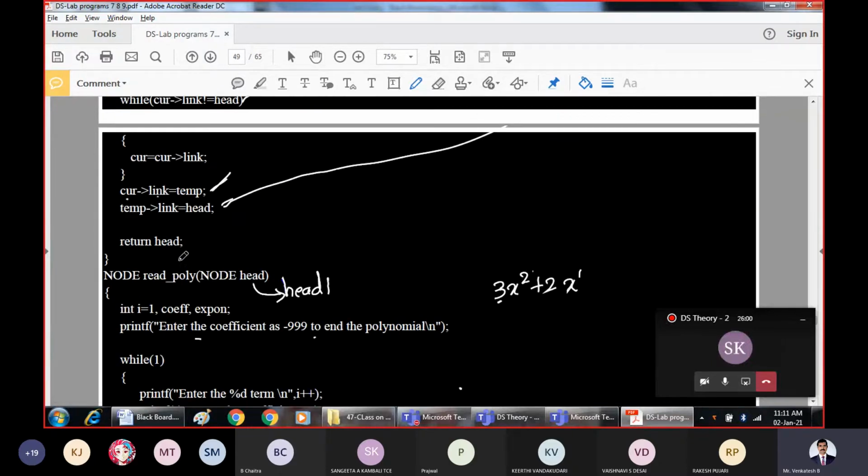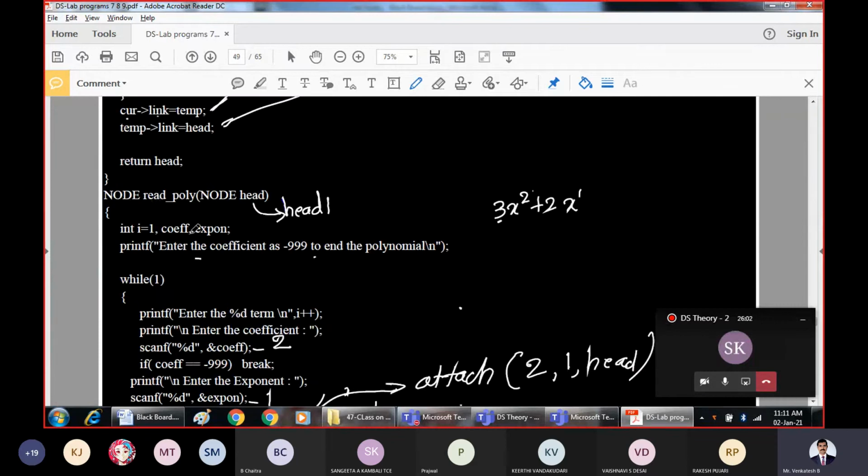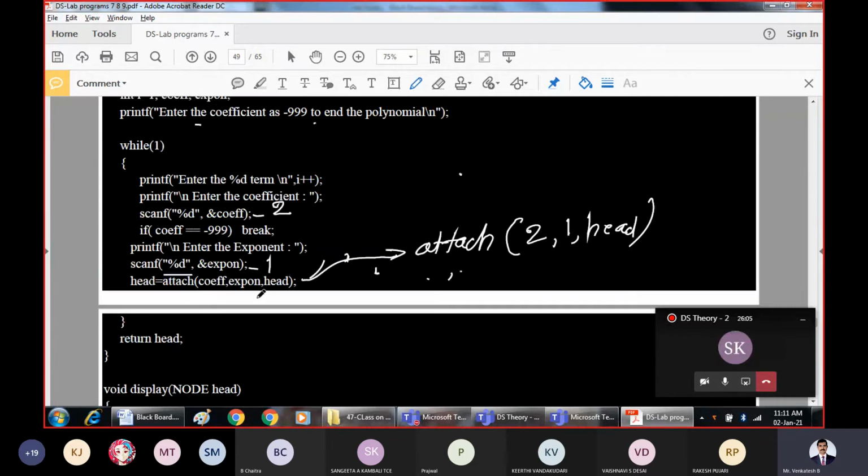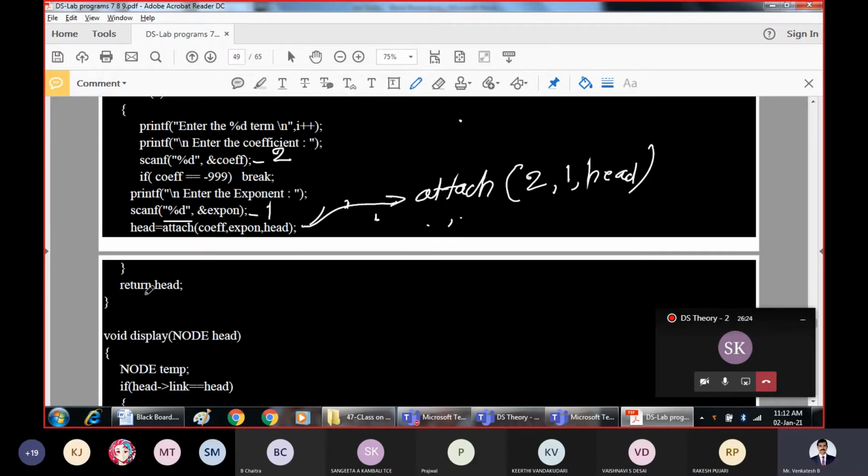Now from the attach, the control will again go back to read poly. It is not yet completed. Now assume that you want to terminate the input, and we will give minus 999 in place of coefficient. What happens whenever you give minus 999? The execution will stop and come out of the loop, and simply head will be returned.